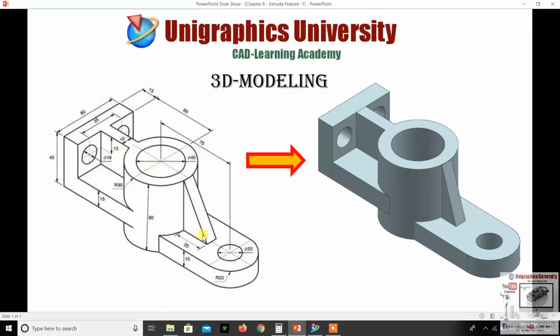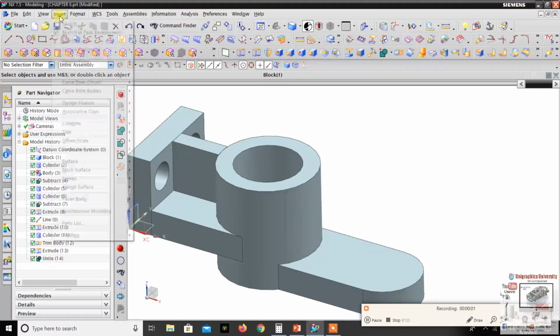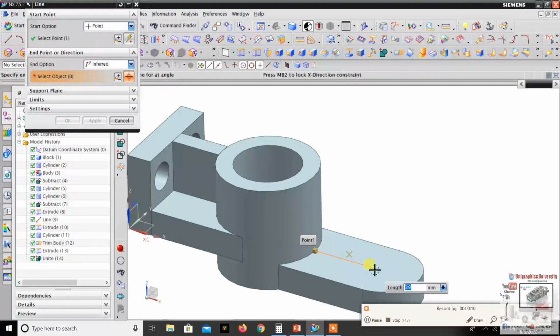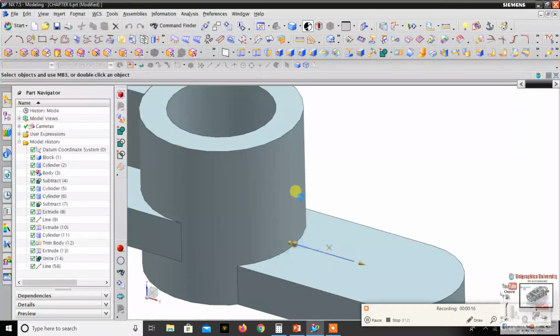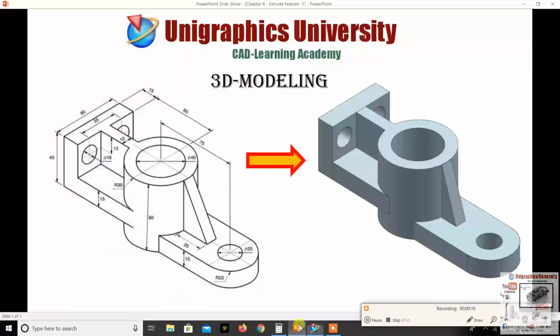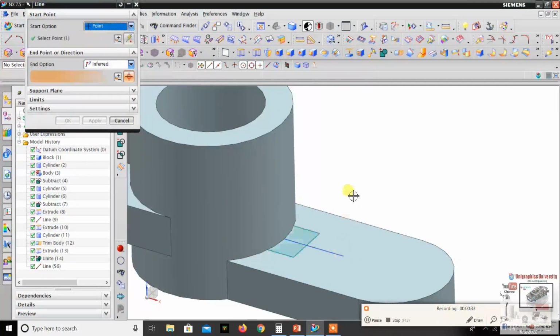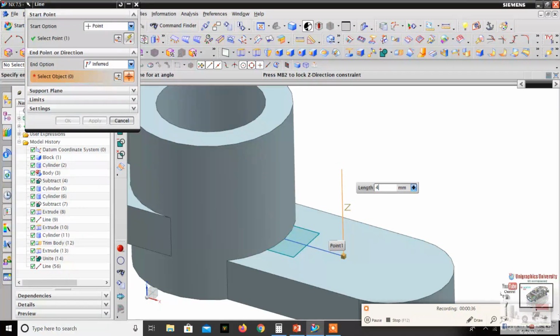Then we almost finished. Here there is one rib only, from this point 25. Just go to insert, curve, line, select quarter point, 25 mm. Okay, and this height we need to check. Total height 60 minus 15, so 45. So from this face to this face is 45. So insert, curve, line, and set 45. Okay,